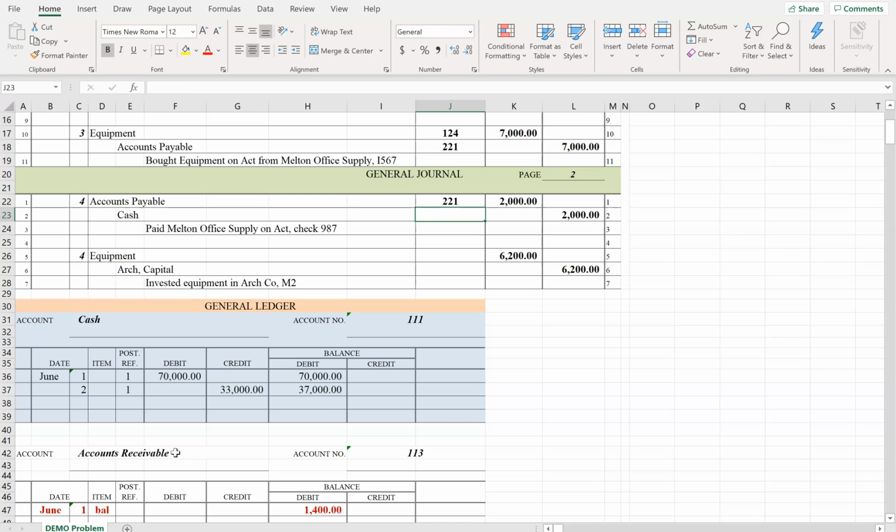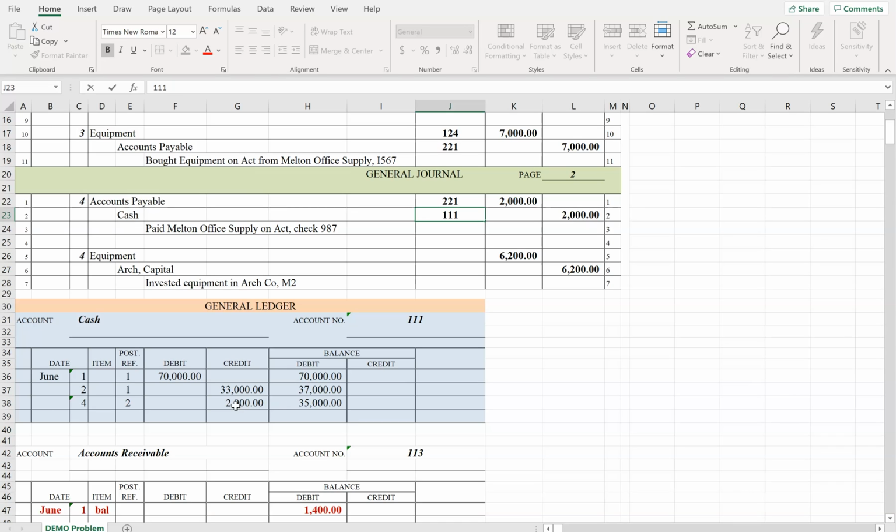Cash is going to be a credit of 2,000 as well. So on the 4th, post-reference of 2, credit of 2,000. And then we update our balance, so equals the previous balance, the previous ending balance was a debit. We are now crediting the account, so we will subtract the credit and get an updated balance of 35,000. Fill in our post-reference